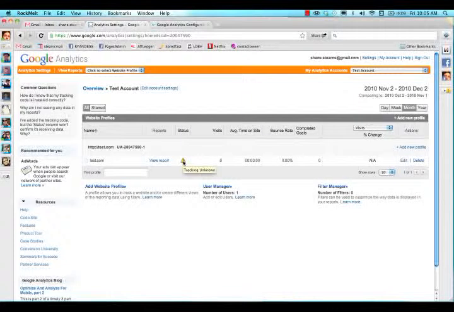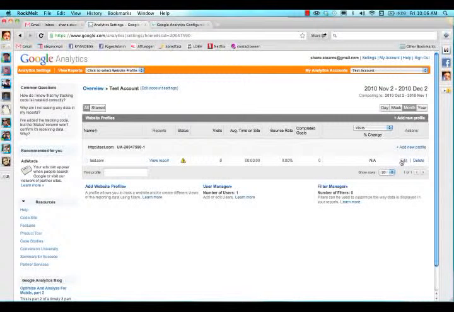That just takes Google a minute to crawl and find the code that you put on your blog or your site. So give that a few hours if need be, sometimes more than a few hours. Sometimes it can take a day depending on how busy Google was during that time. So what we're going to do now is add goals so that we're telling Google what we